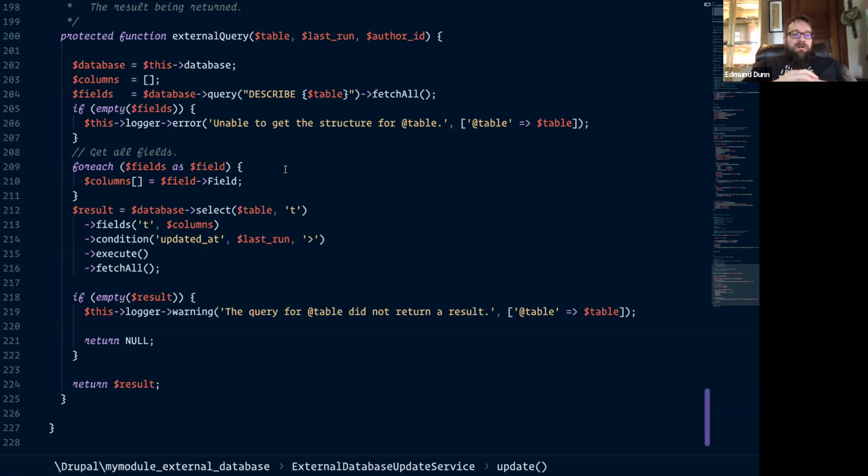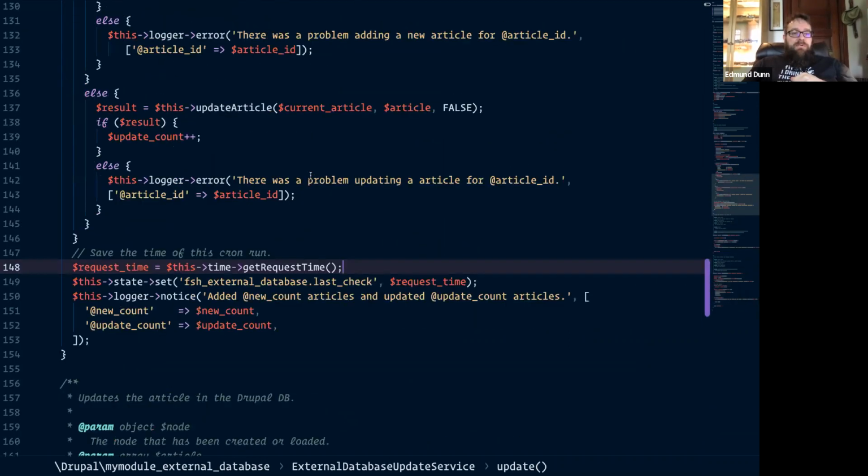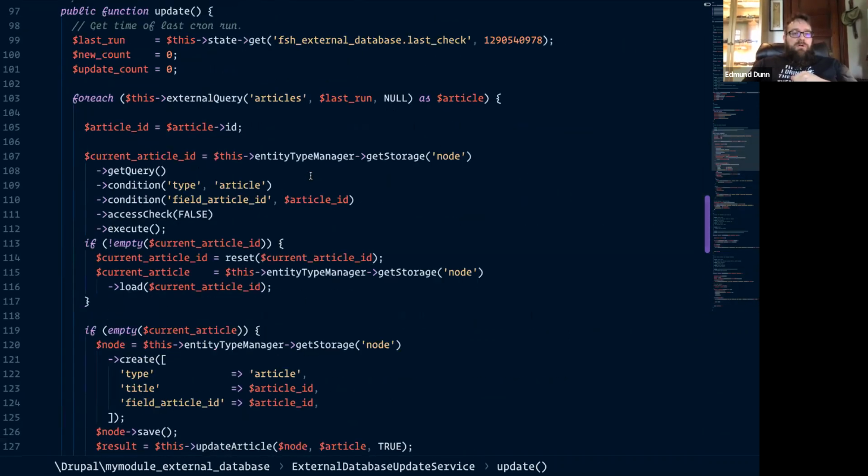We then run our database query, so it's actually returning our information. If that result is empty, again, we log it. If it's not, then we return it back up to our update function, and we iterate through it using our foreach.